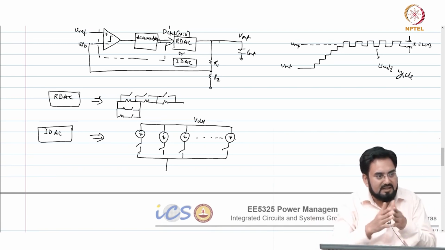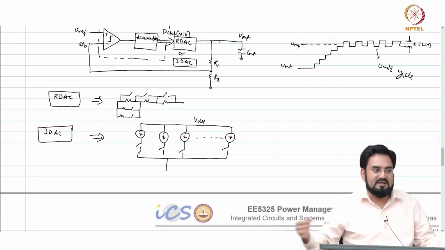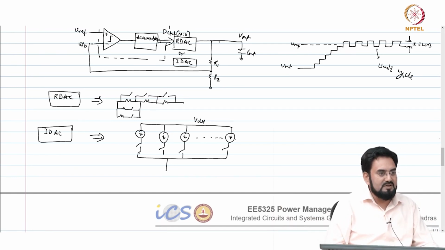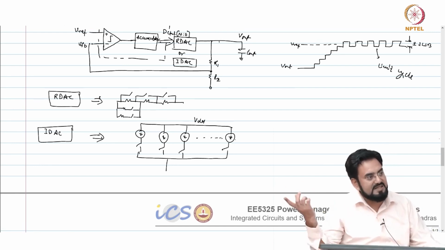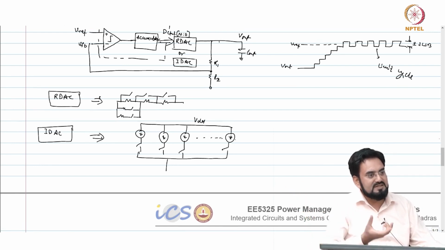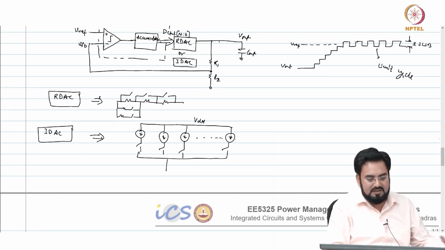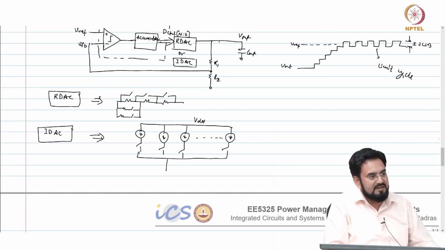So, if the load range is wider, you may require a very high accuracy here. Your number of bits may be larger, because I have to start with the lightest load, and I have to cover the maximum load also. So, let us say your step size at lightest load is 10 microamp, okay, and you are looking for roughly about 1% kind of accuracy. So, at 10 microamp you are looking at a 10 bit kind of accuracy at 10 microamp load,